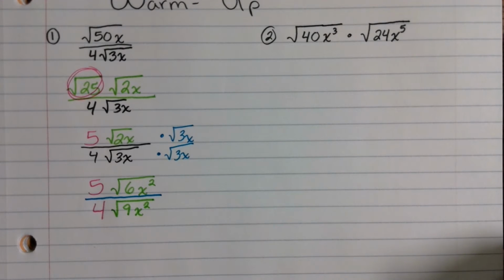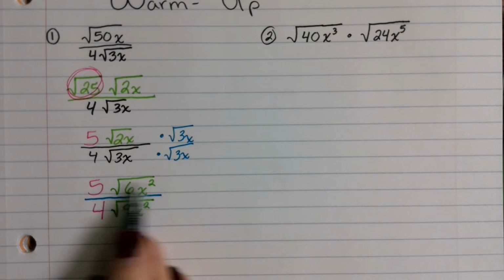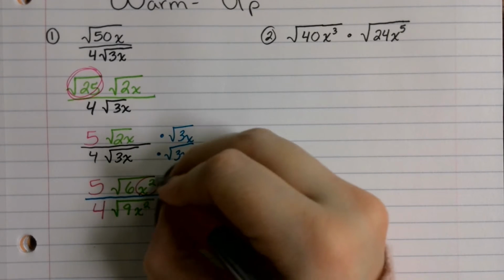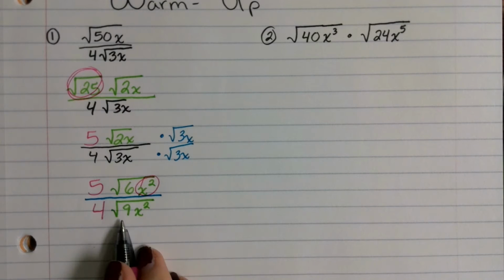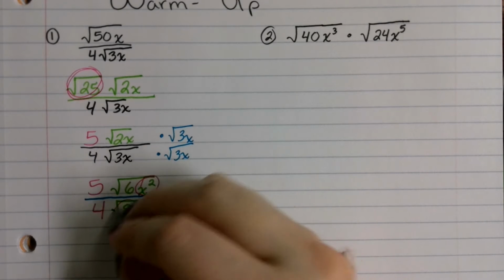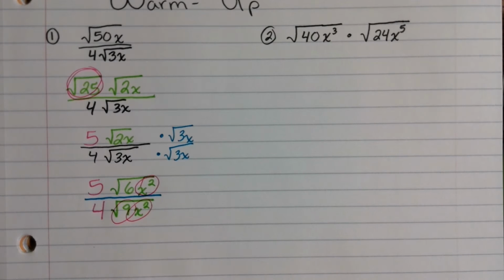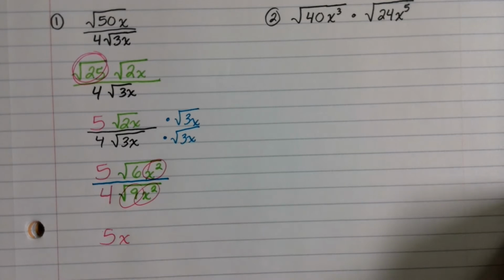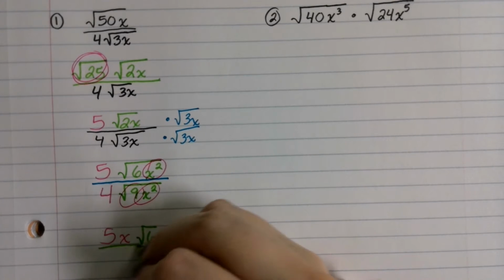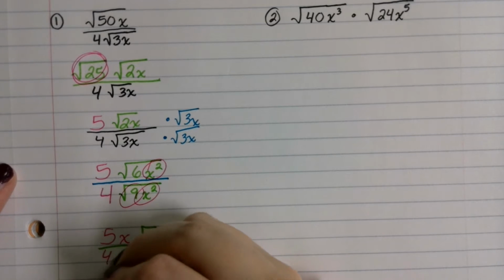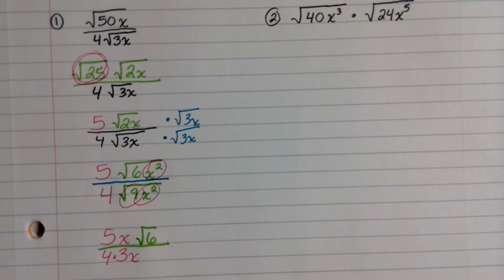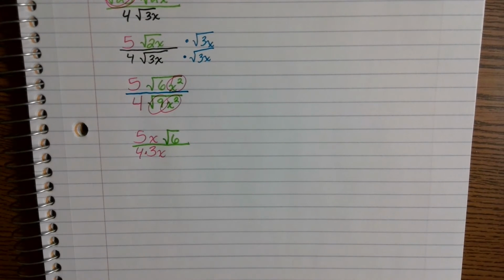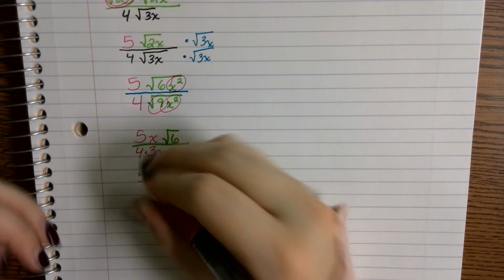squared. Now, when I'm looking at this, is there any perfect square at the top? Is 6 perfect? Is x squared perfect? Yes. X squared is perfect, so we're going to be able to take the square root of that. 9's perfect? Yes. X squared is perfect? Yes. So this now is going to give us 5x square root of 6 over 4 times 3x, and there is no square root. What's 4 times 3x? 12x. So we now have 5x square root of 6